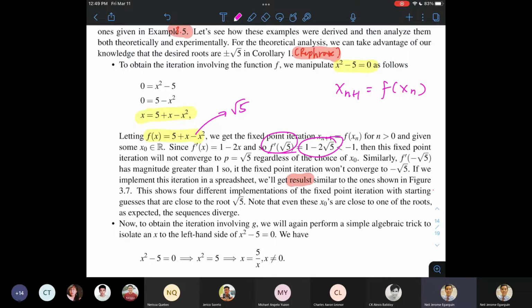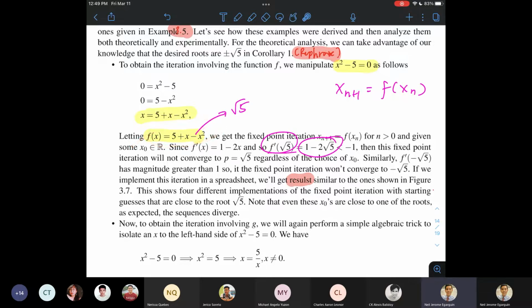So definitely, kahit ano pa yung piliin kong initial condition, this iteration will not converge to root 5. Similarly, it won't converge to negative root 5 also kasi yung derivative at negative root 5 will also have a magnitude greater than 1. Kung ayaw nyong maniwala sa corollary 3.1, sige, gawin natin sa Excel